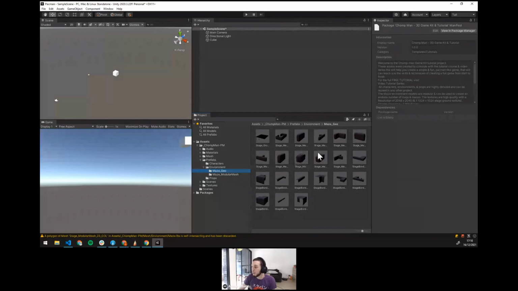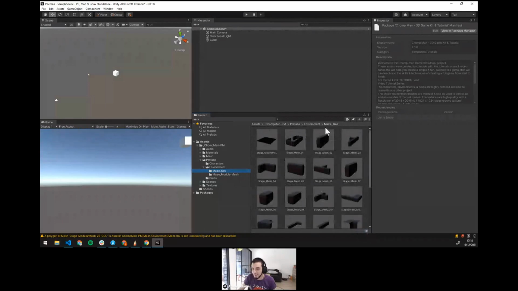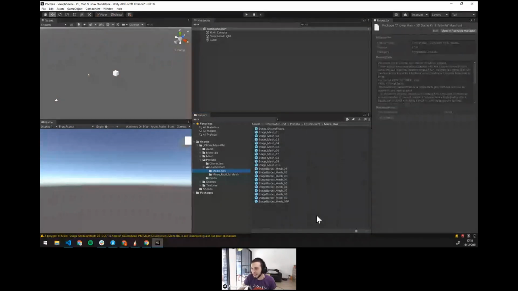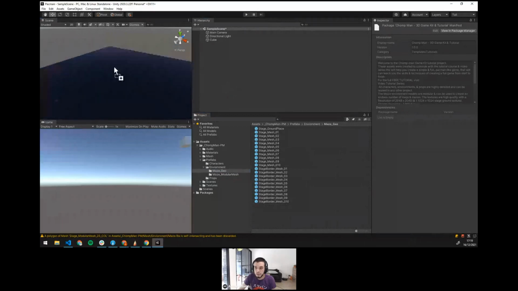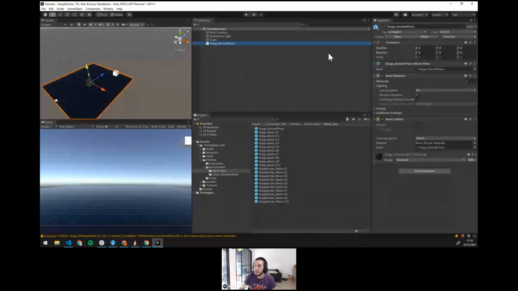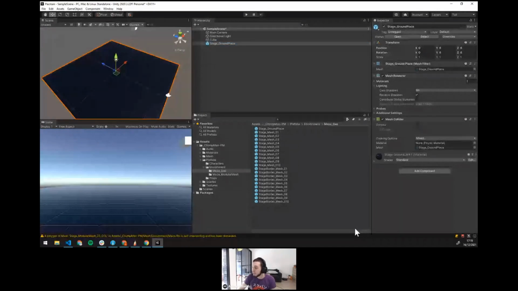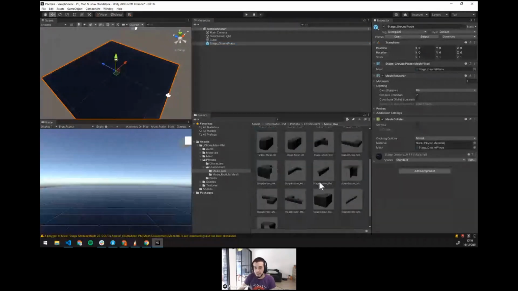And so what we would do here is we have this knob here. If you slide it, you can either make the things bigger or smaller. And I just want to see the name. So that is why I'm moving all the way to the left. So first we get the ground. I can either put it directly on the scene or on the hierarchy. Okay. So now we have a ground on our scene. Nice. And next we would get the